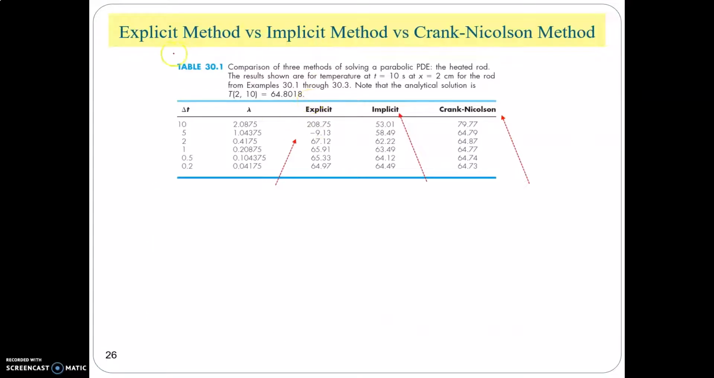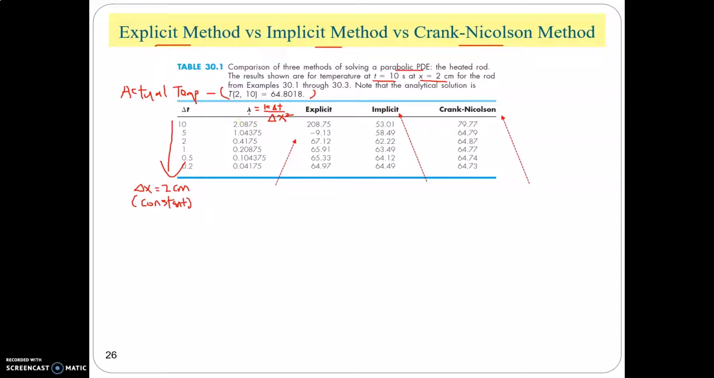This is the comparison between the explicit, implicit, and also the Crank-Nicholson method in solving a parabolic PDE. We use various delta T in order to determine the temperature at time equal to 10 seconds at point x equal to 2 cm. So the actual temperature at point 2 at time 10 is equal to 64.8018 degrees Celsius. In this analysis, we fix the delta x to be 2 cm so that you can obtain